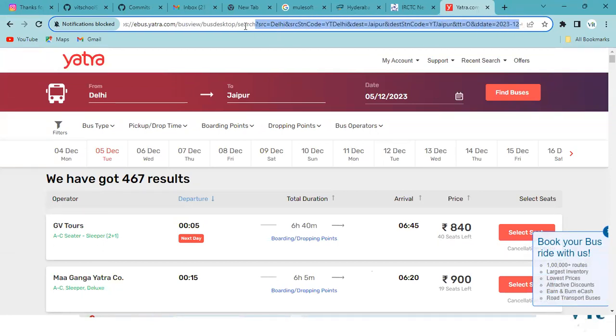So this means you are passing the request parameters here. Input parameters, whatever they are. It will take the source as Delhi, destination code is this one, sorry, source code is this one, destination వచ్చి జైపూర్, సో జైపూర్ కోడ్ వచ్చి ఇలా ఉంటుంది. సో ఈ సేమ్ ఇన్పుట్